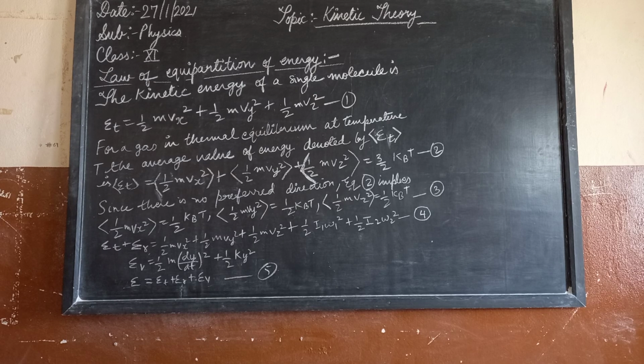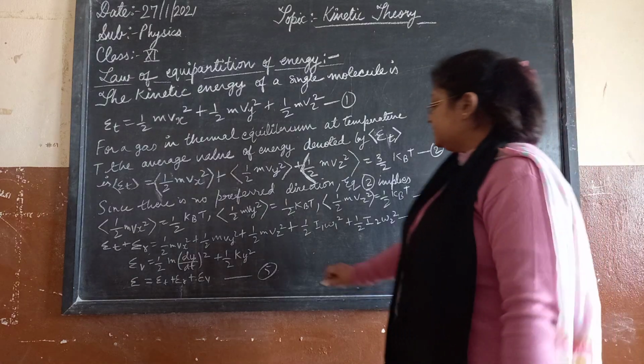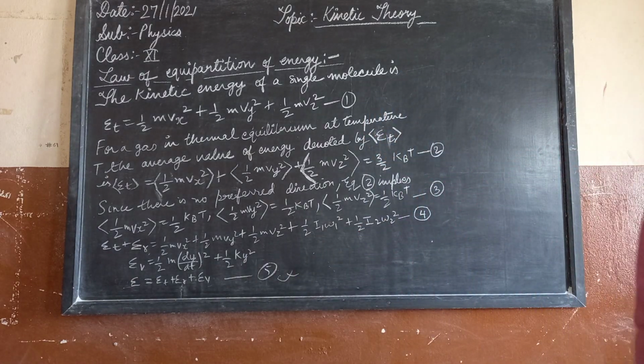and y is the vibrational coordinate. Once again, the vibrational energy terms are in the previous equation, that is equation number 5 itself. This equation has square terms of the vibrational variables of motion, y and dy by dt. At this point, notice one important feature in the fifth equation. The rotational degree of freedom has contributed only one square term, and one vibrational mode contributes two square terms, kinetic and potential energy. Each quadratic term occurring in this expression for energy is a mode of absorption of energy by the